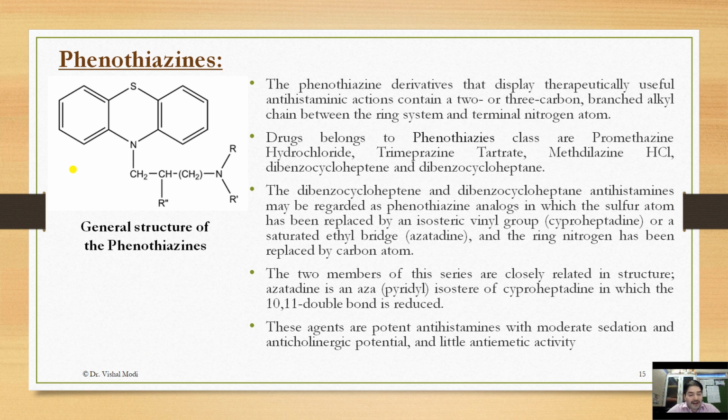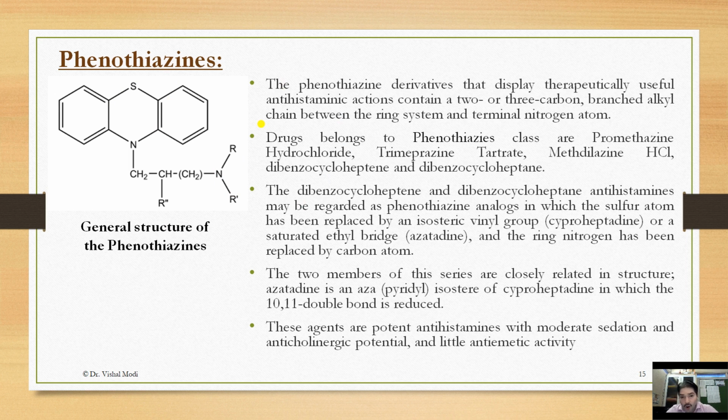Now, the next category is the phenothiazines. The phenothiazine derivatives that display therapeutically useful antihistaminic action contain a 2 or 3 carbon branched alkyl chain between the ring system and terminal nitrogen atom. So, this is the 2 or 3 carbon atom chain, okay, in between the nitrogen and the ring system. Drugs belonging to the phenothiazine class are promethazine hydrochloride, trimeprazine tartrate, methdilazine hydrochloride,